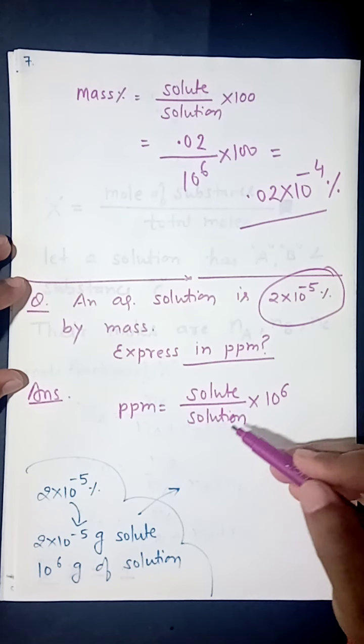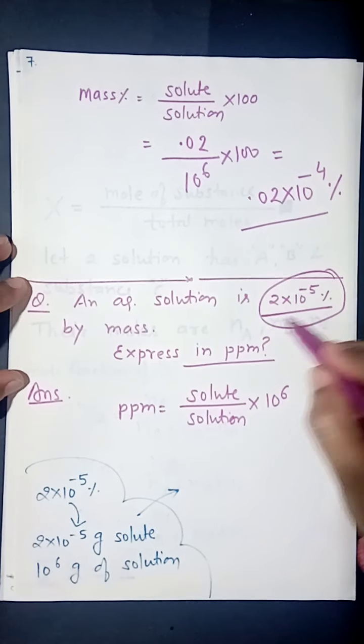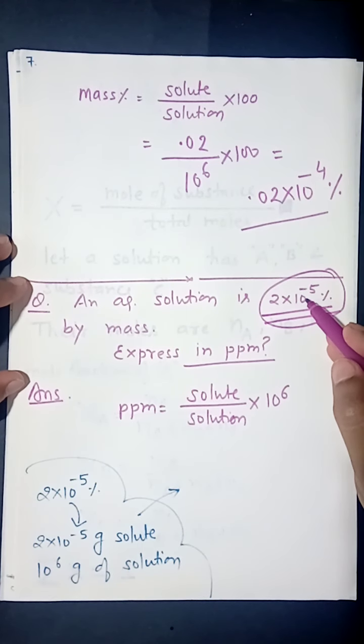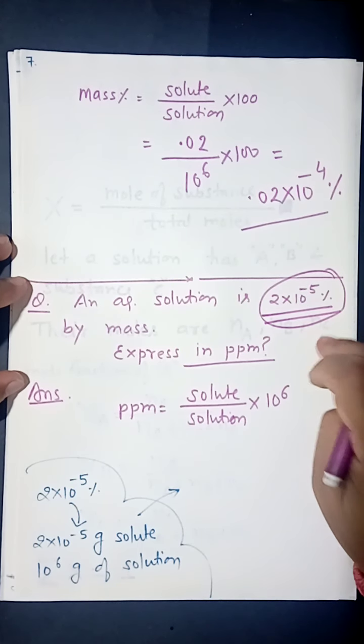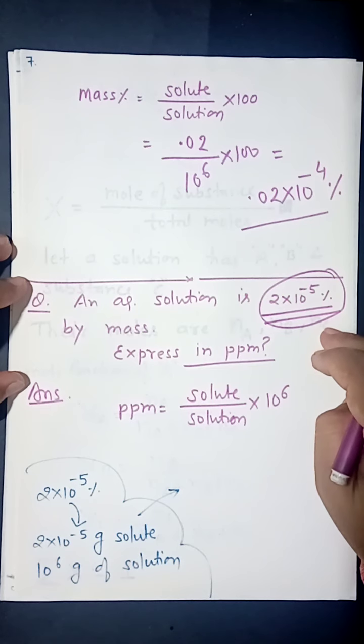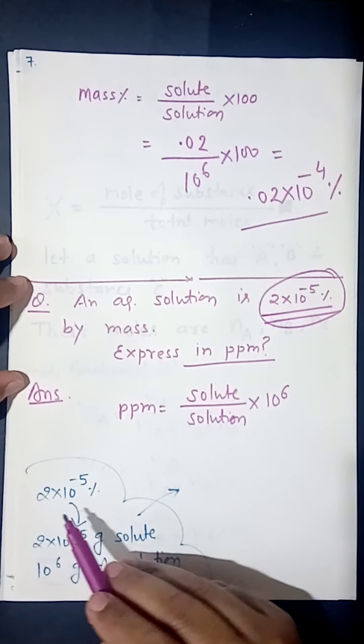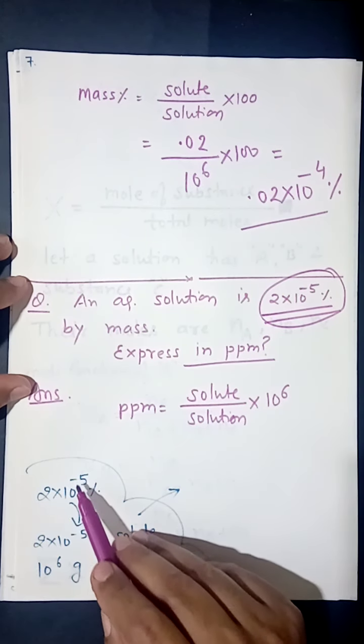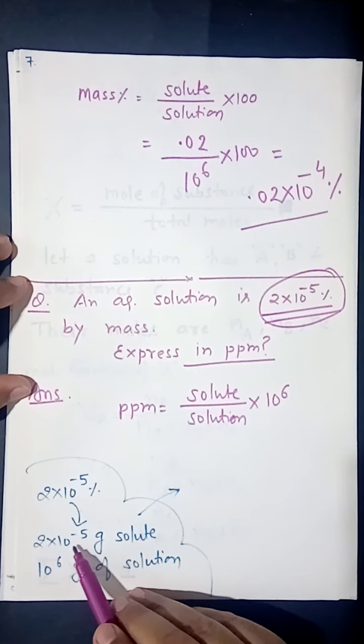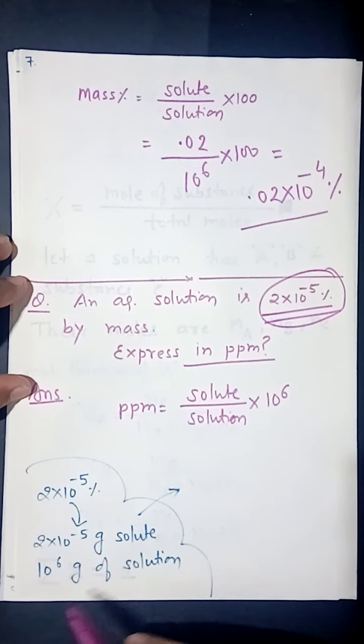What is the mass of solute and mass of solution? You need to find out from here. It is percent, which means this is the amount of solute in 100 gram of solution. 2 into 10 raised to power minus 5% means 2 into 10 raised to power minus 5 gram of solute in